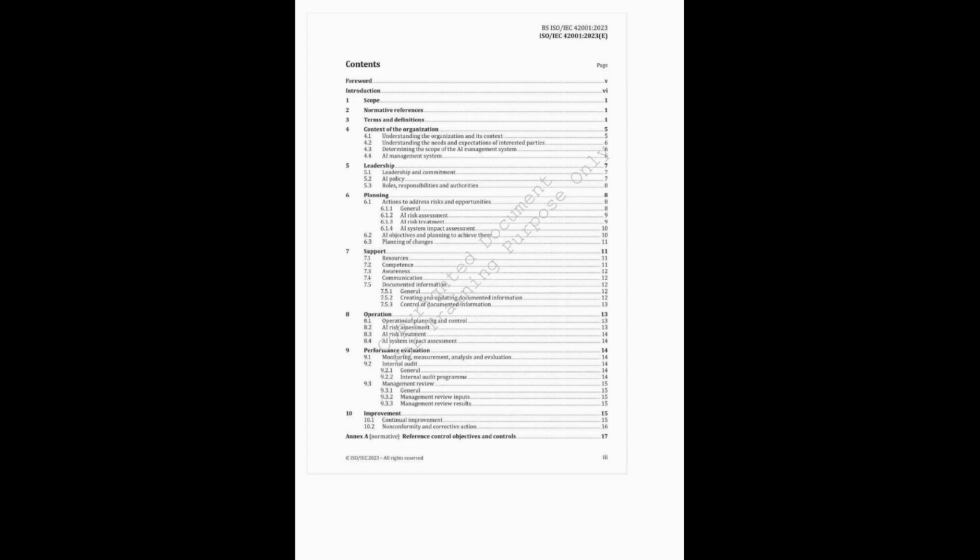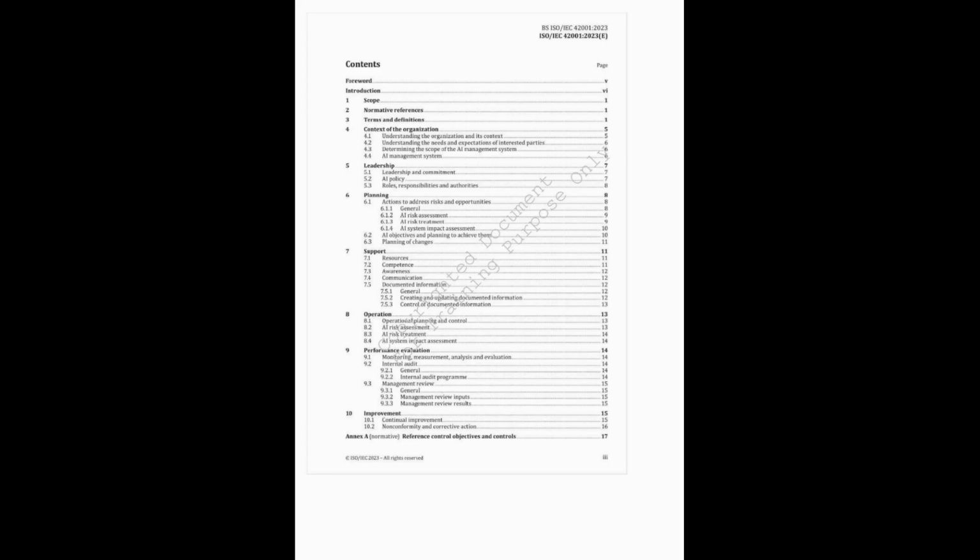Exactly. And once the audit's done, the organization needs to make sure the results get reported to the right people, the managers who can actually take action. Closing the loop, right. So problems get identified, solutions get implemented. Precisely. And of course, just like with monitoring and measurement, you've got to document everything. Keep those records. Evidence that you're doing what you're supposed to. Yep. Now, on to the final part of Clause 9, management review.